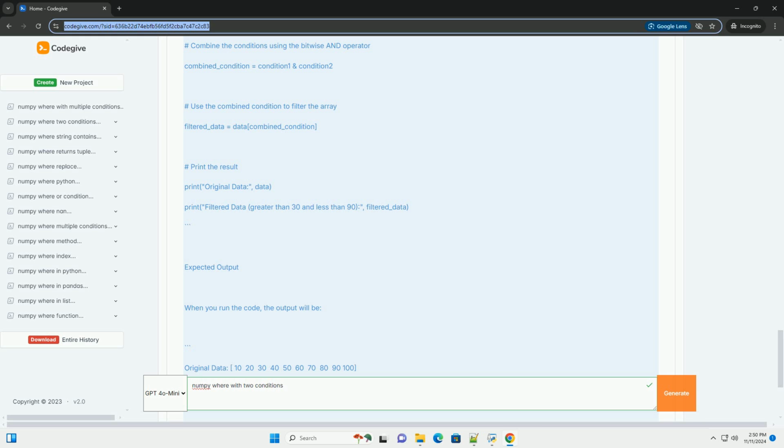Complete code example. Here's the complete code for your reference. Expected output. When you run the code, the output will be